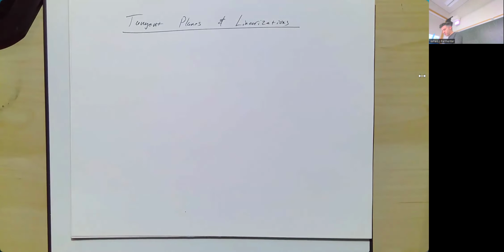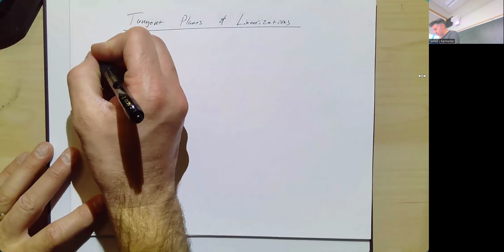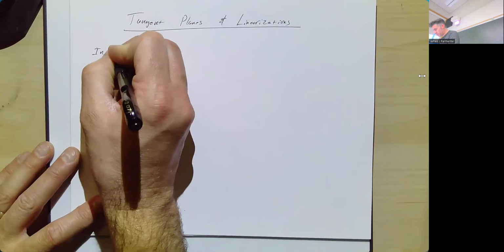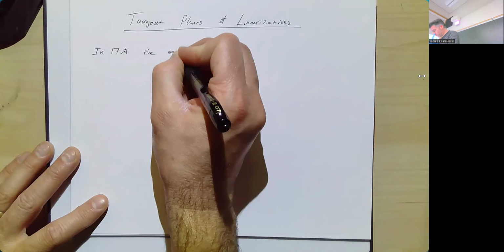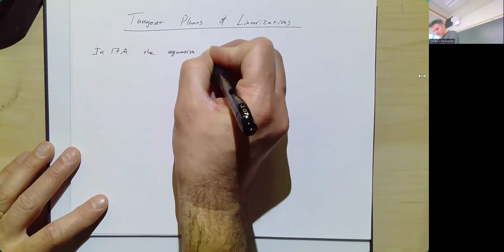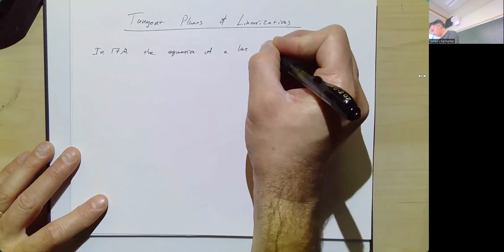And so let's cycle back for a second to 17a, where you were going to find the equation of a line tangent